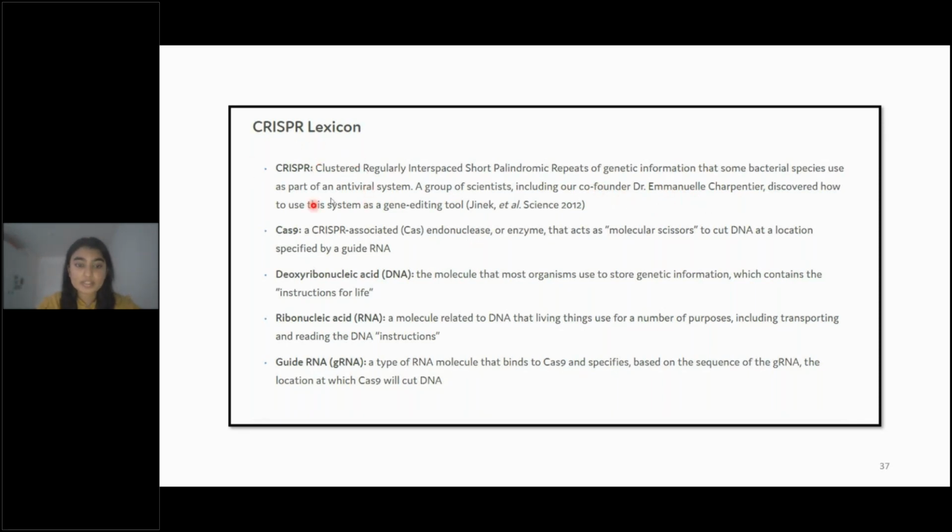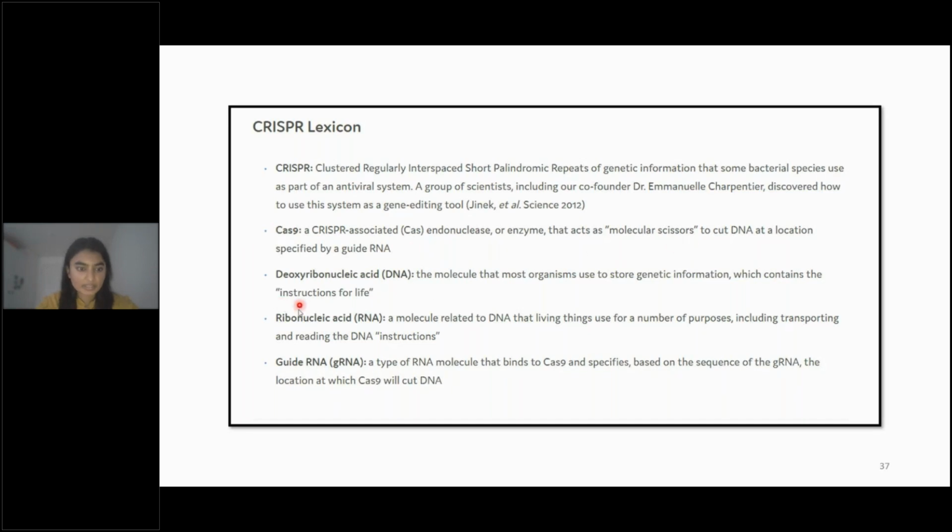So what they did was, using this bacterial system, they thought maybe this chopping mechanism can be very specific and could be designed for humans as well, for example, to knock out a gene or knock in a gene. So it can be used for humans as well, and they did the research in the bacteria on the CRISPR. Then next is Cas9, which we saw, the endonuclease. It's called the CRISPR associated Cas9 endonuclease, the enzyme, and it acts as a molecular scissor.